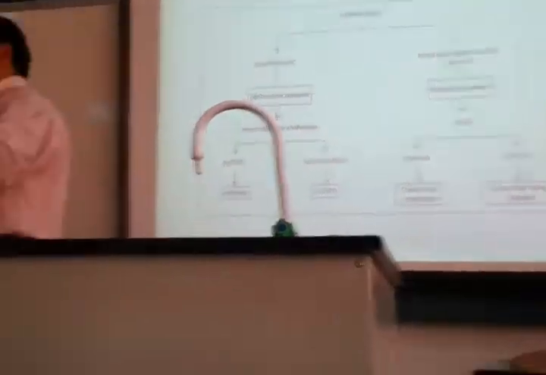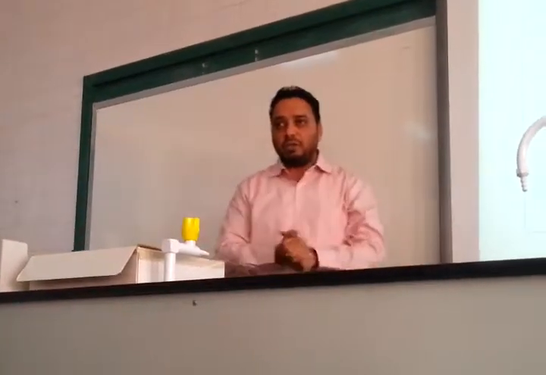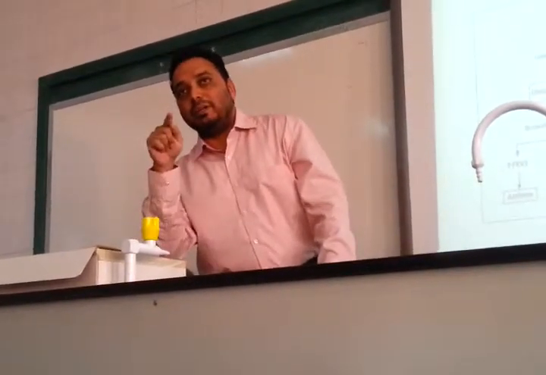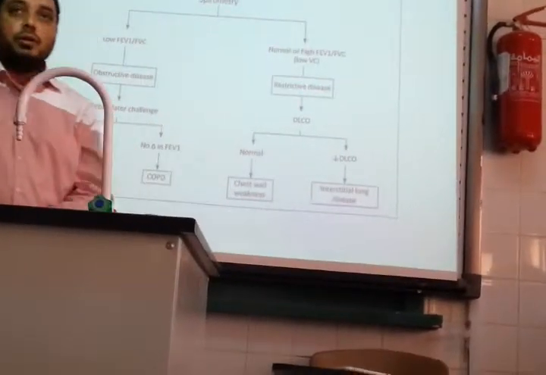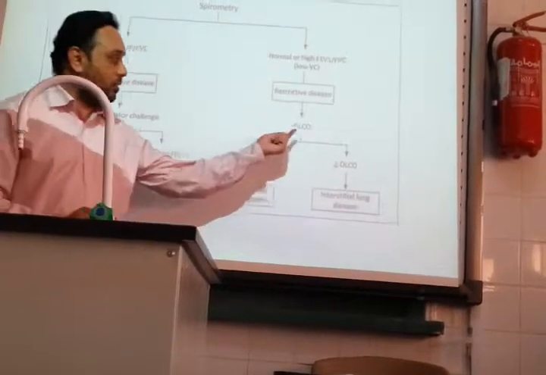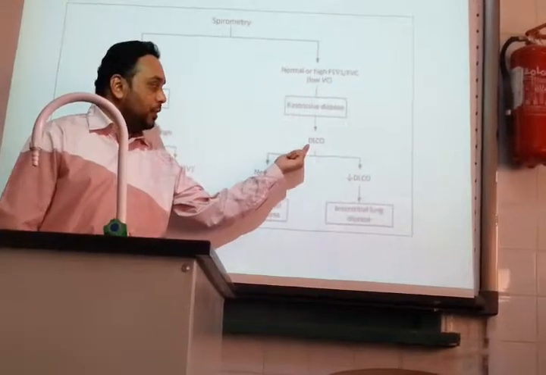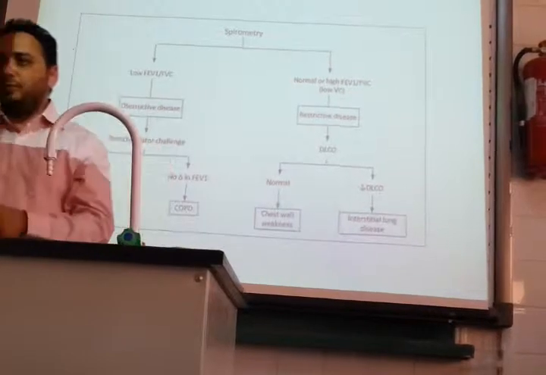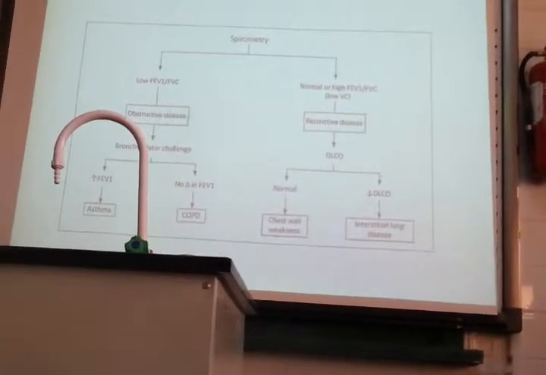So if there is interstitial lung disease, if there is fibrosis or emphysema or something else, naturally the diffusing capacity will be affected. Yes or no? For that, we use a gas called carbon monoxide. Using that, we do DLCO, diffusing lung capacity of carbon monoxide. We give this for only 10 seconds, mind you. We don't want to give too much carbon monoxide. The person will die.